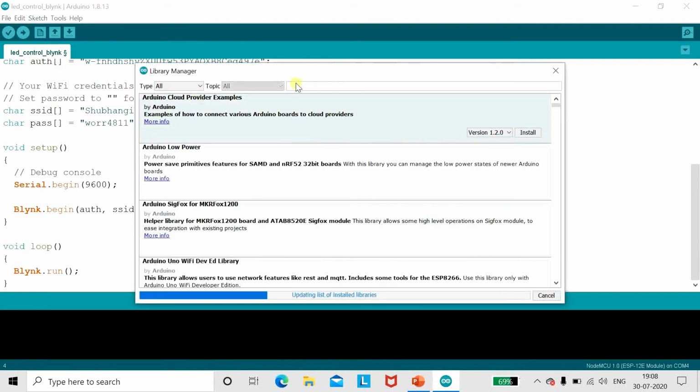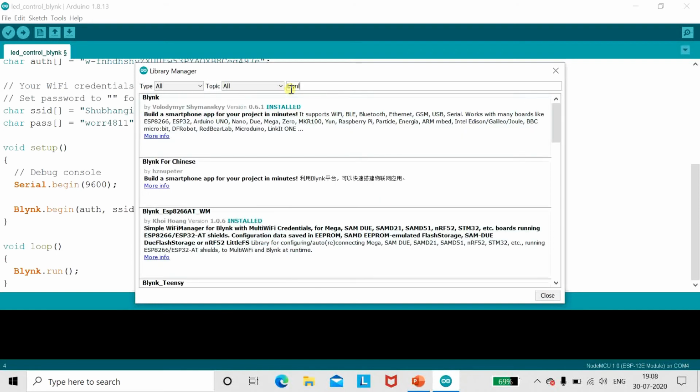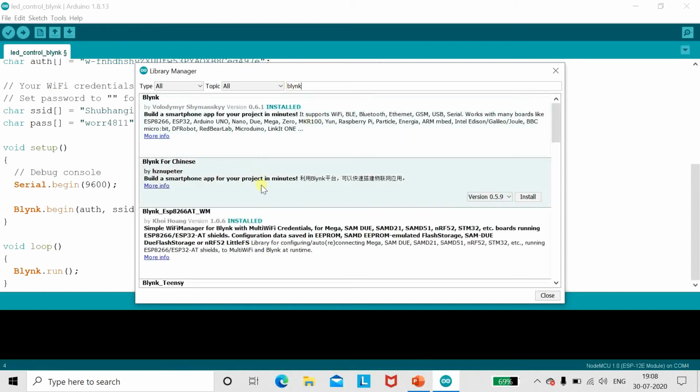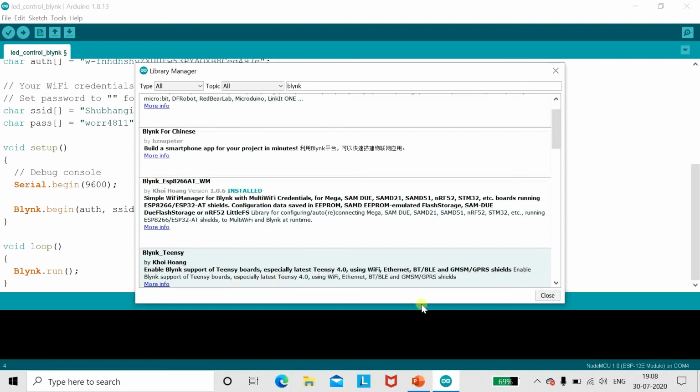In Manage Libraries, just type Blynk. Here Blynk ESP8266 I have already installed, so it is asking for update. You just have to click this Install button and it will get done. I will not install as I have already done it.